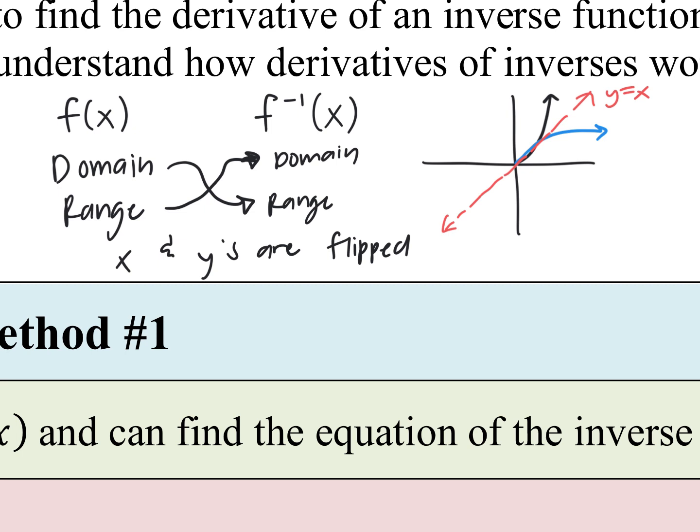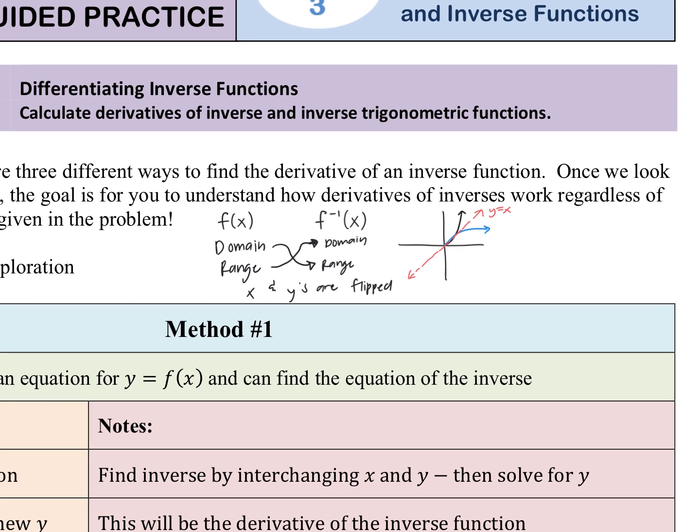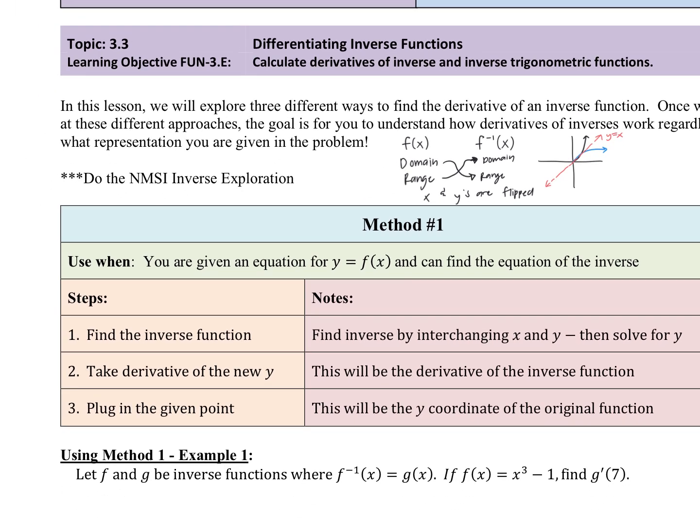So we are going to find the derivative. Given our function, we're going to find the derivative of the inverse, okay? The first way that we're going to do this is we are just going to actually find out what the inverse is and take the derivative of that, okay? But sometimes that's not going to be able to work like that, so we have to have other methods to solve, okay? So method one, the easiest method, is when you are given an equation and you can find the equation